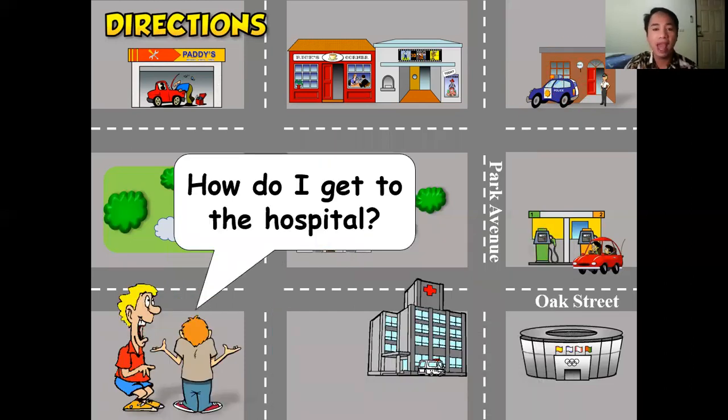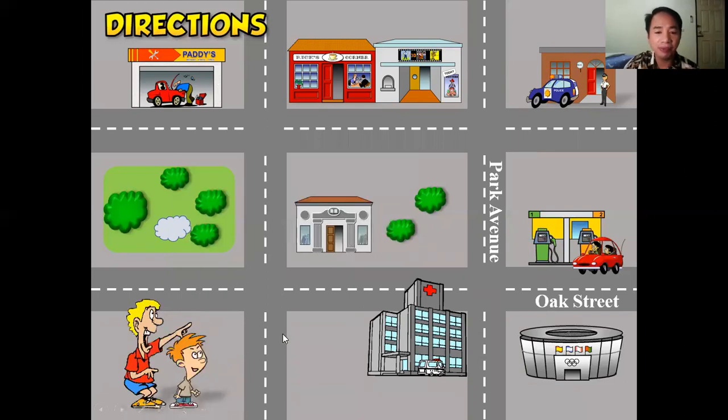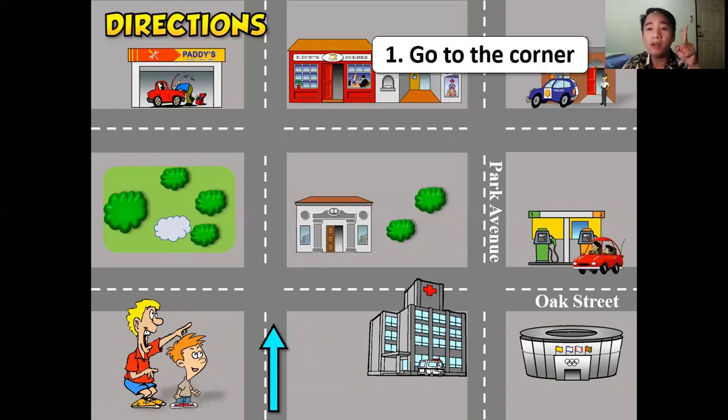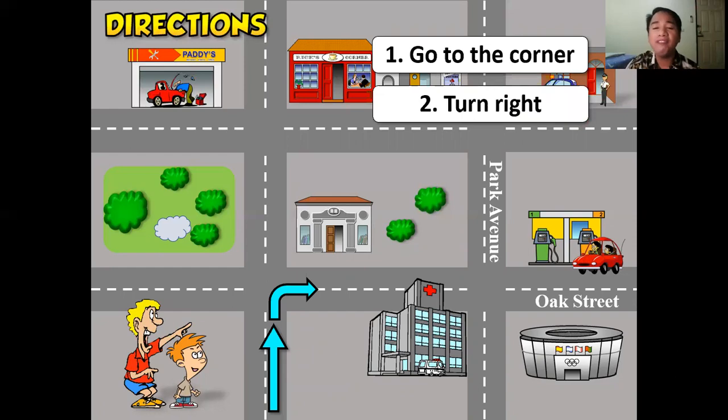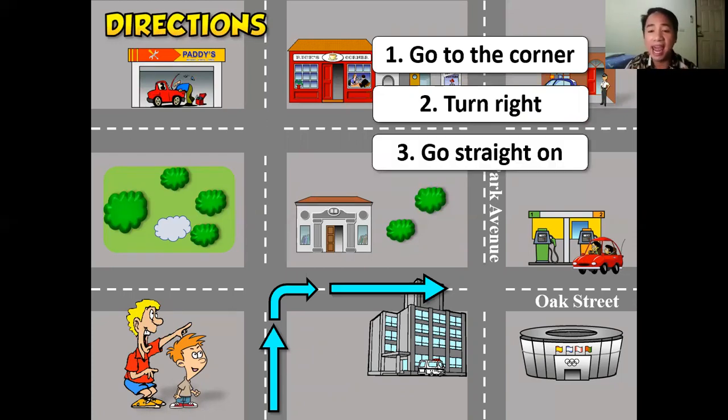Next, how do I get to the hospital? So this is the hospital now. Okay, so first, what will you do is look at the arrow. It's pointing upward, right? So you have to go on the corner. Okay, go on the corner or walk straight to the corner. And then what sign is this? You are going to turn on the right. Okay, so after you turn right, you walk straight, right? The arrow is going straight. Go on straight, and then